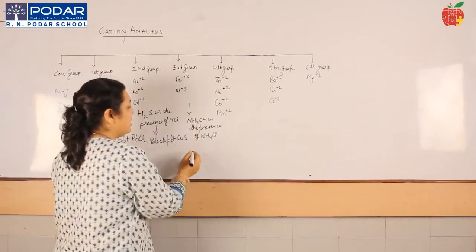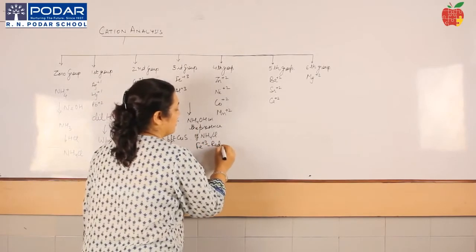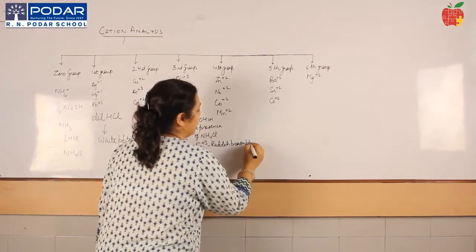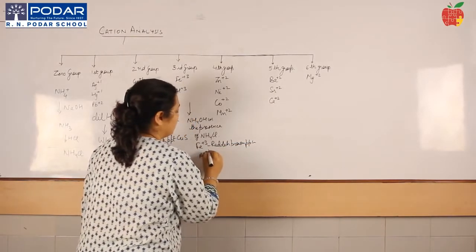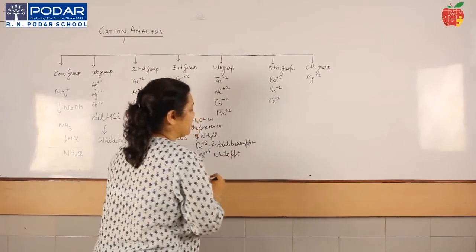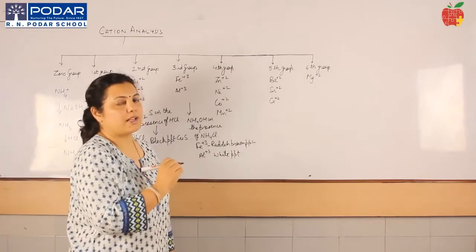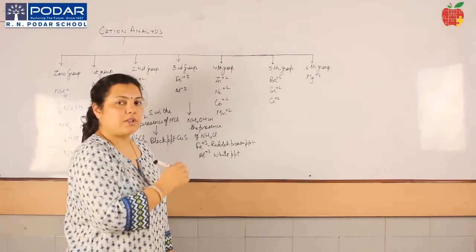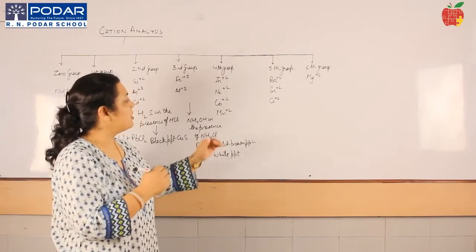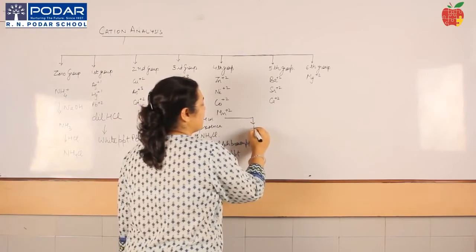hydroxide. In the case of ferric, you will have a reddish brown PPT. In the case of aluminium, you'll have a white gelatinous PPT. If you have these two observations, then you can carry out their confirmatories to confirm the presence of these cations. In case it is not, or you have no observation, no precipitate formation, you will move on to the fourth group. Now in the fourth group, the group reagent is H2S